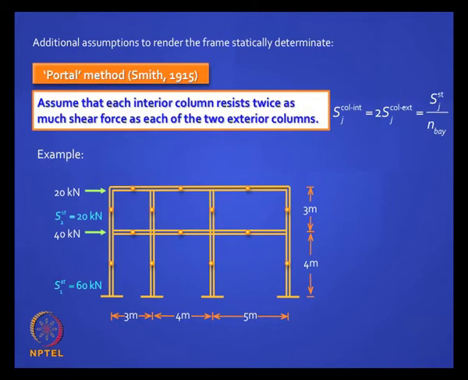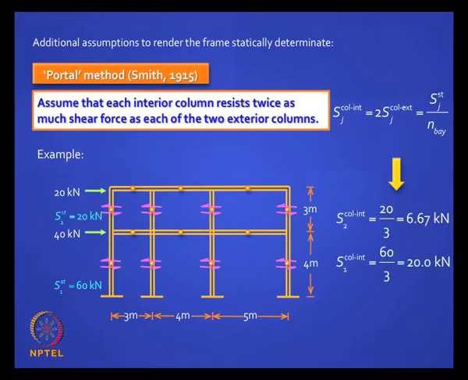How is that 20 shared by the 4 columns? If you had to give a formula, you look at that equation, you have to divide by 3 and you will get the interior column shear, right, and you write that the interior column shears are